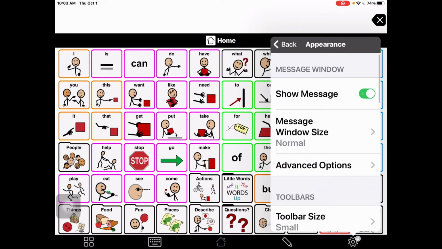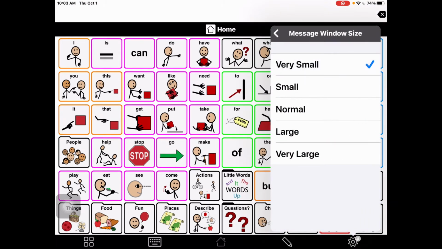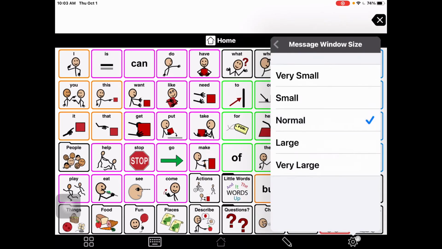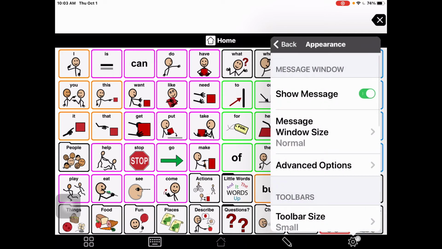So if we're looking at the message window, at the top of the screen, I can click and just get rid of it completely. Or I can change the size of it. And then under advanced options, you can change the background color, your font, if you want the text above or below the symbol, or if maybe you just want text and not a symbol. Maybe you're working on literacy and you want them to have that visual support on the buttons, but you just want the words at the top. So you can decide how you want that message window to work for you